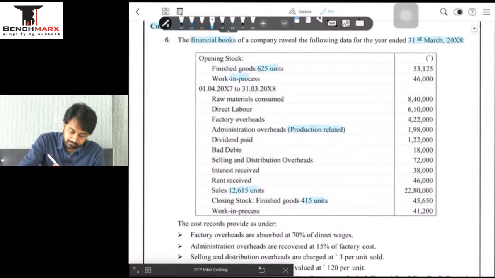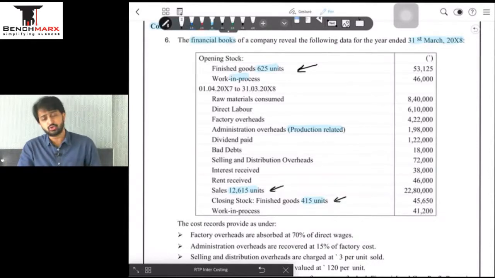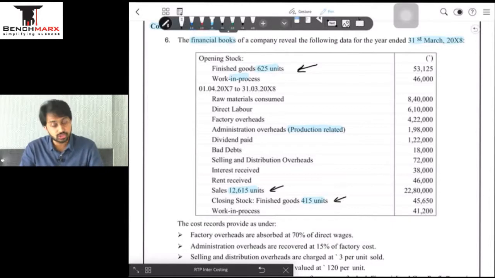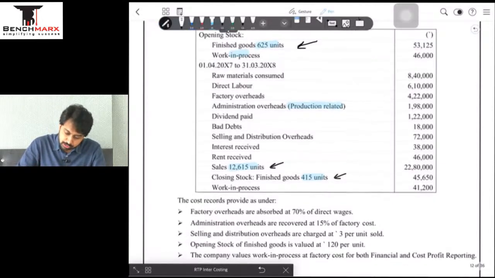ठीक है, can I say that my finished goods का opening stock units are known, finished goods का sale is known and finished goods का closing stock is known. If I do sales plus CS minus OS, I will get the goods produced and it is for this quantity that a cost sheet will be prepared, because I need to know the quantity produced before I start my cost sheet. Cost sheet is prepared for goods produced and then I adjust my closing stock to get my cost of goods sold. ठीक है, WIP so and so, ओके, WIP ऊपर भी था, अच्छा वो ओपनिंग है या क्लोजिंग है? ठीक है, करना क्या है?